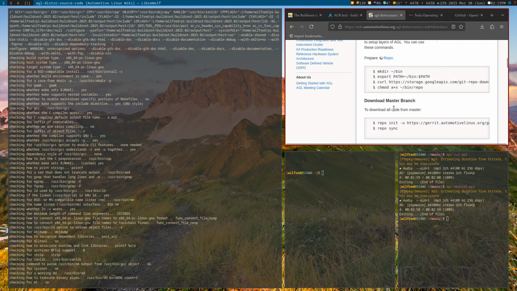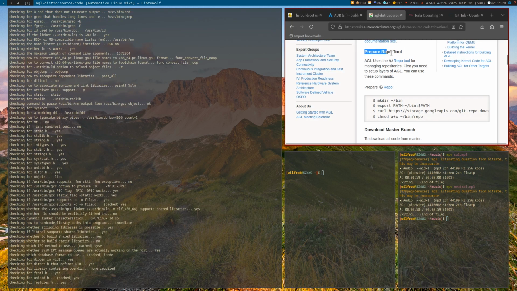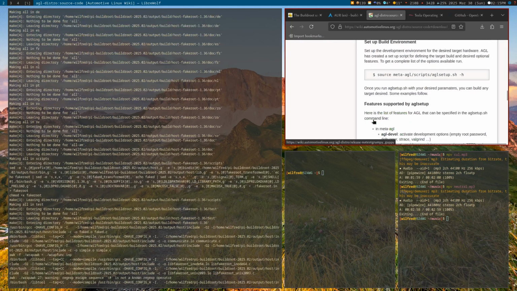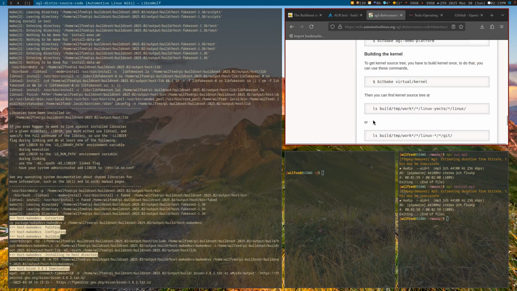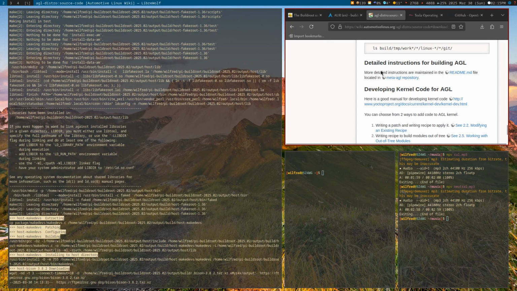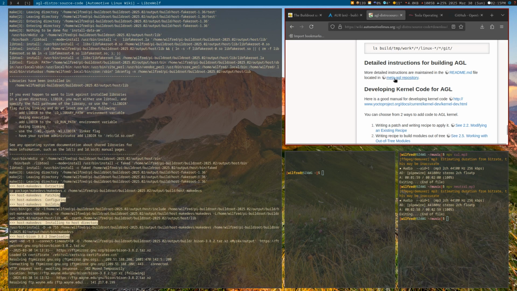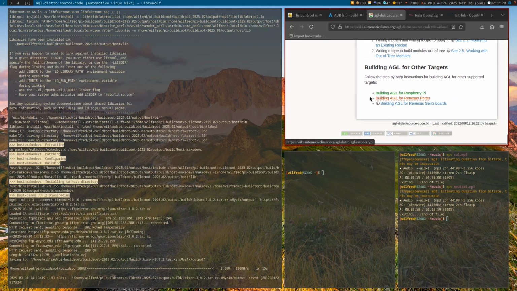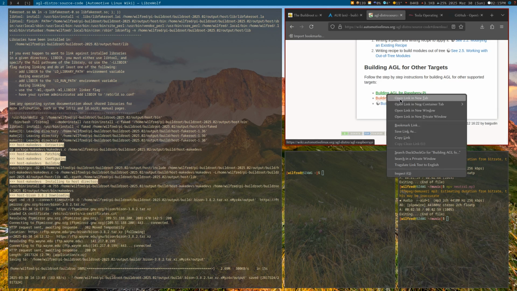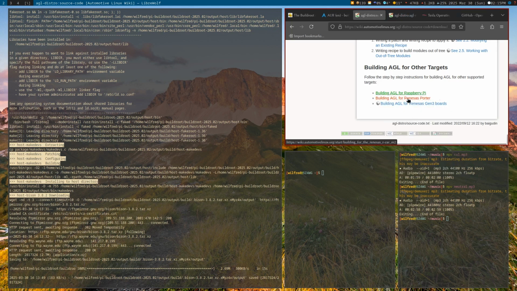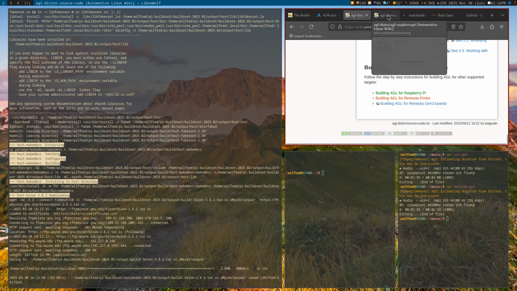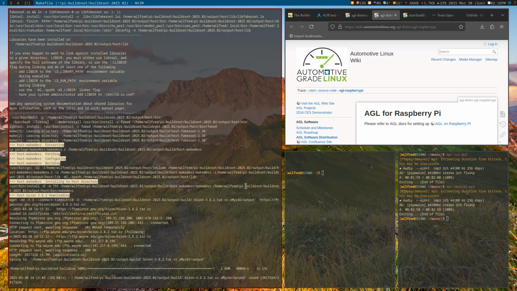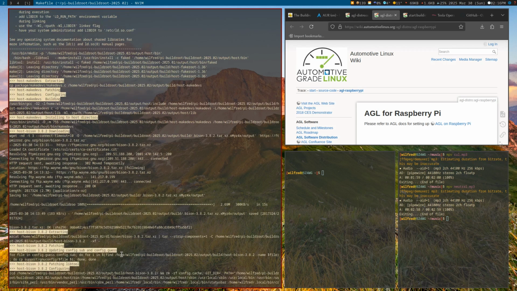Build a kernel, build bake. There's instruction on how to build AGL. Oh, there's also building AGL for the Raspberry Pi. It's interesting. Building AGL for the Renesas Porter. It's a nice project actually. Seems to be a dead link though. So I don't know if anybody has worked on this before. So if you've worked on this before, then I think